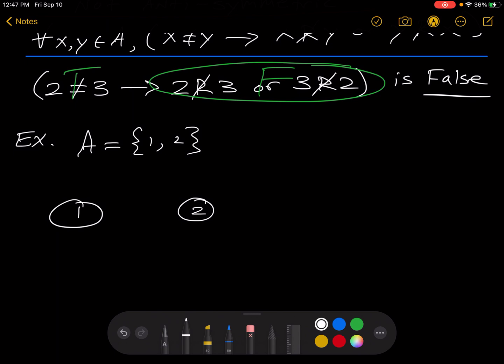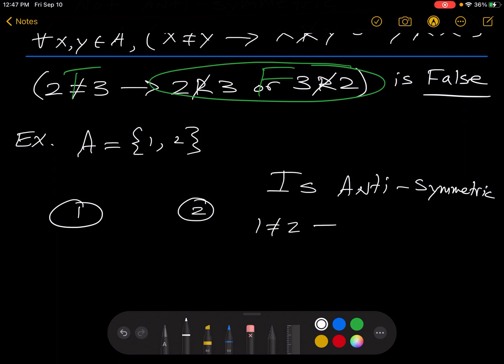The relation defined by this graph is antisymmetric. This is because